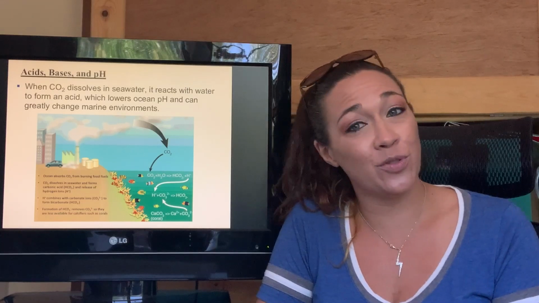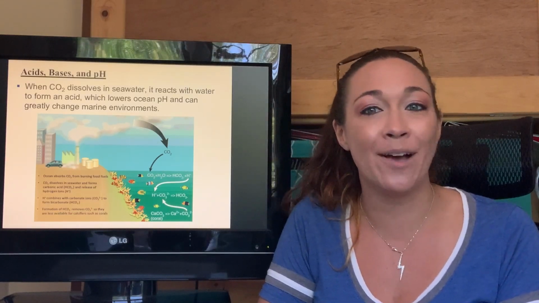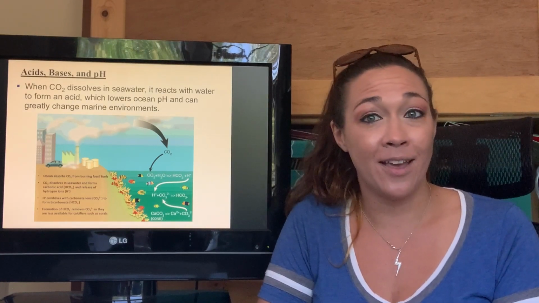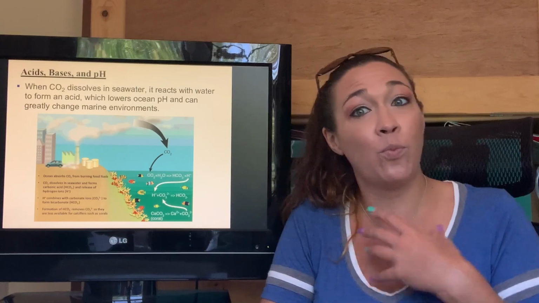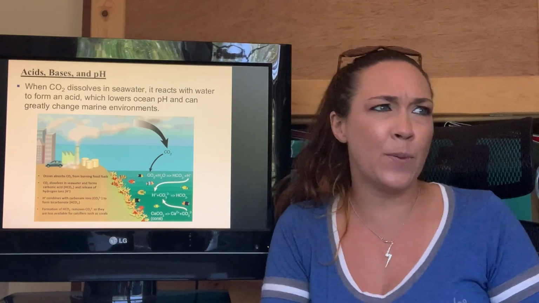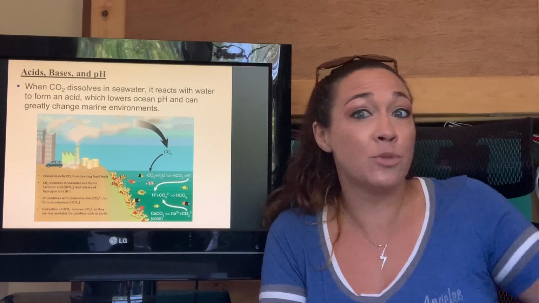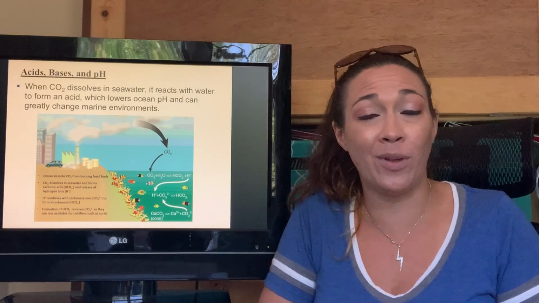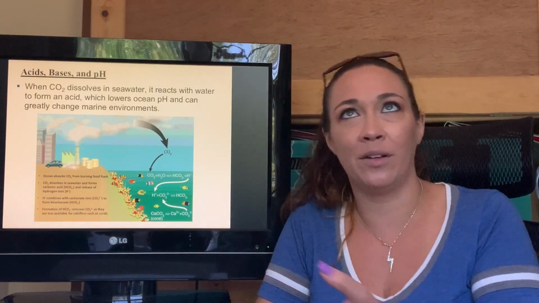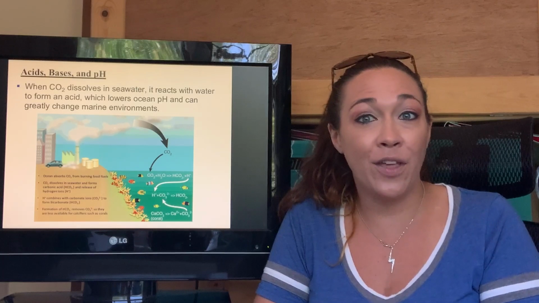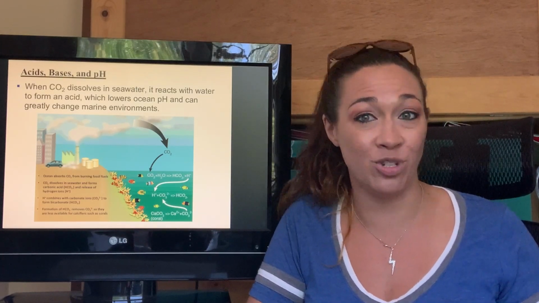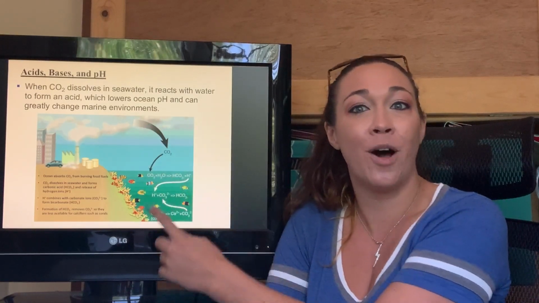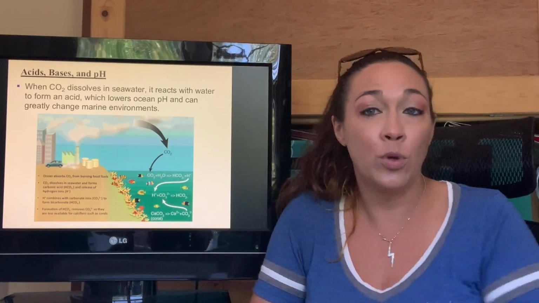Now, when it does, it actually goes through a chemical reaction and turns into carbonic acid, which is what is making our ocean acidic. So the more we drive around, the more we produce CO2, and especially when we're chopping down trees and stuff, because plants absorb CO2, but now there's fewer trees and more people, so now there's more CO2. The planet can't really handle it. It actually dumps it into the ocean. Well, it absorbs it, diffuses it into the ocean, and therefore it's creating what's called ocean acidification, meaning that more CO2 in the atmosphere means more carbonic acid, which gets created in the ocean,